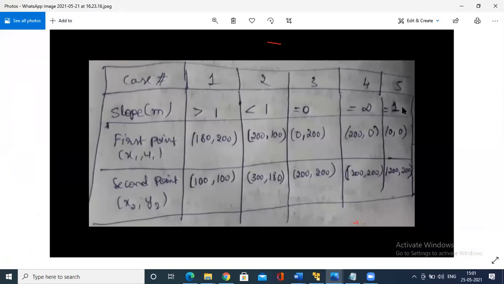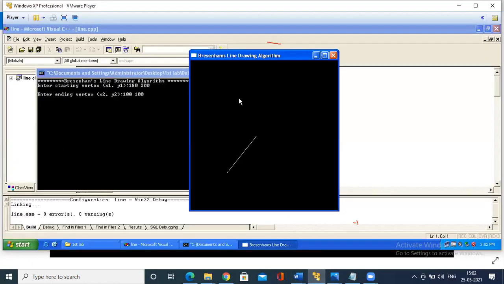Equal to 1 you should also try. For equal to 1, I'll populate this diagram: 0, 0, 200, 200. Can you expect what sort of line you could expect? 0, 0, 200, 200.